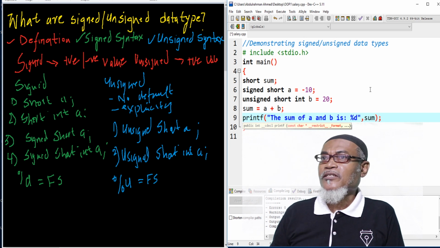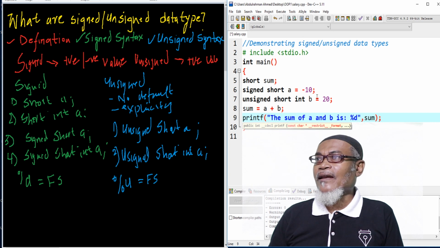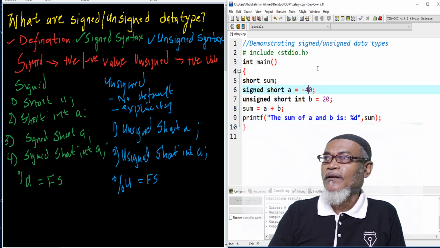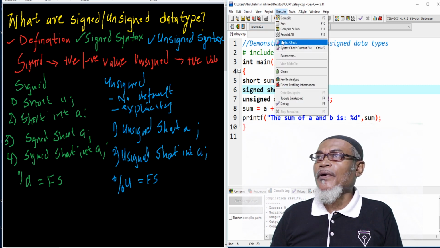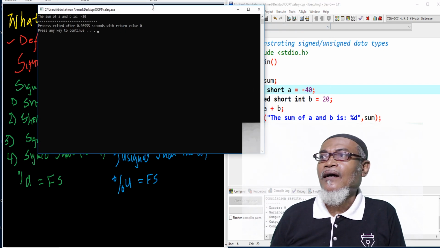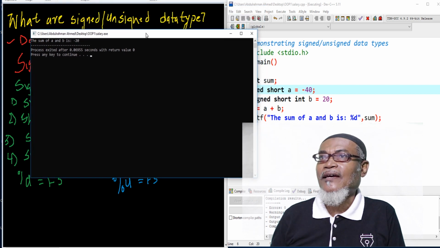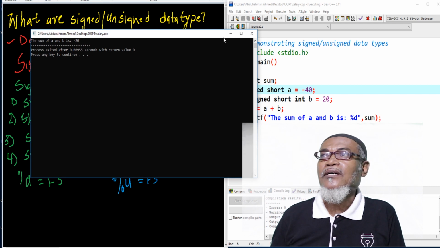So if you put a %d, which can take both signed and unsigned, and then here we change this value maybe to 40, and let's see what happens when we run this program. So when you execute this program, yes, it has worked, because the %d is used for signed, and signed can take both positive and negative numbers,